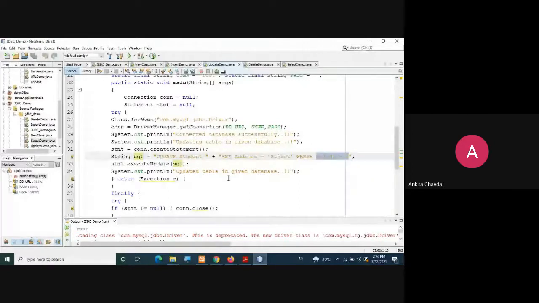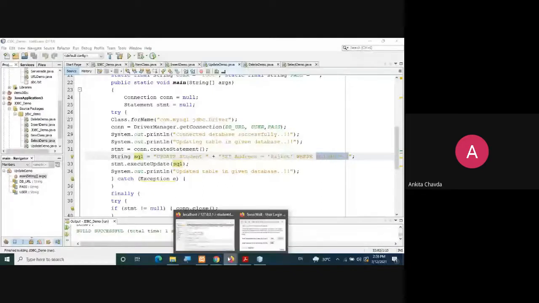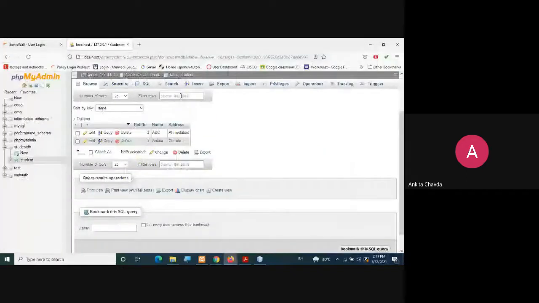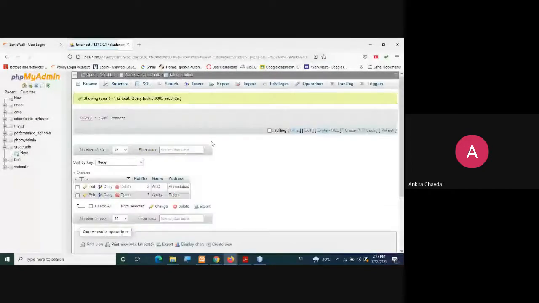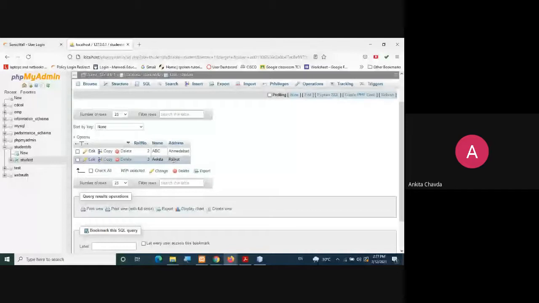So once I run this, it's giving successful. So here you can still check what was there, and once we refresh it, it will give you the other one, right? That is the updated one. Have you checked that? Right? So this is your update query.